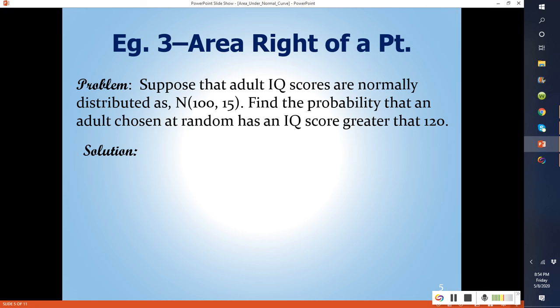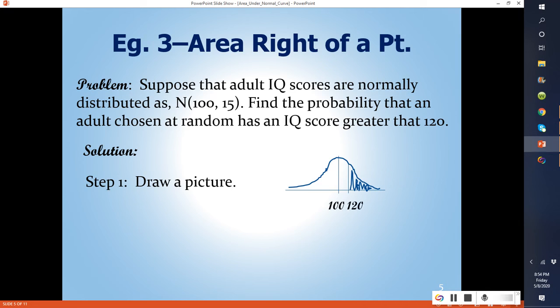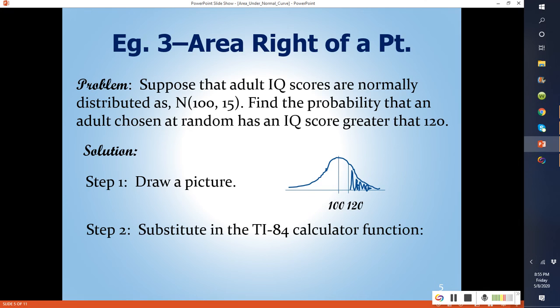Well, again, we go to the solution. First step of the solution is to draw a picture. So we're going to draw a picture. That's my normal curve right there. Put in some axes, put up some dividing lines here, and then shade the area that I'm concerned about. It's to the right. The mean is 100, so that's in the middle. 120 is the point in question, so that's on the right side of 120, and again we shade the area